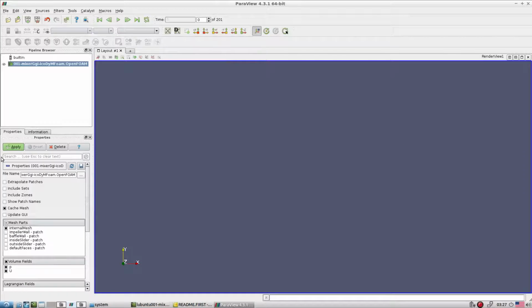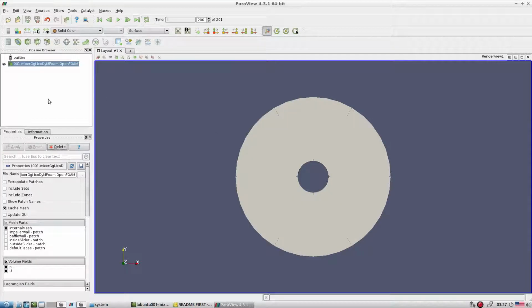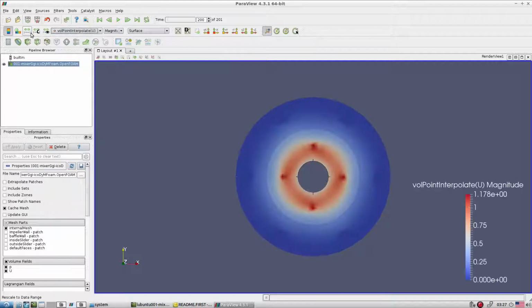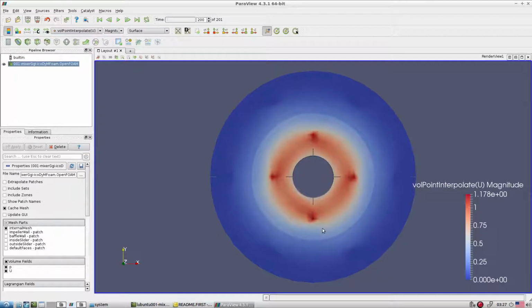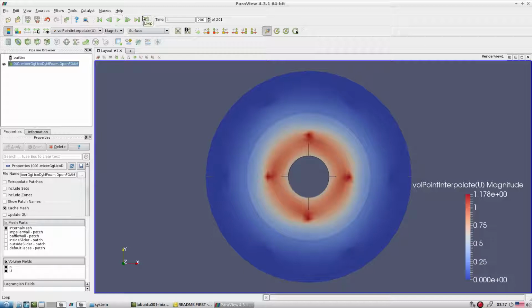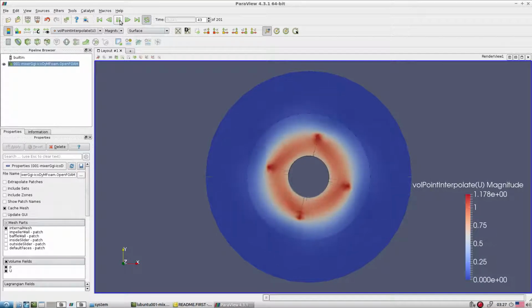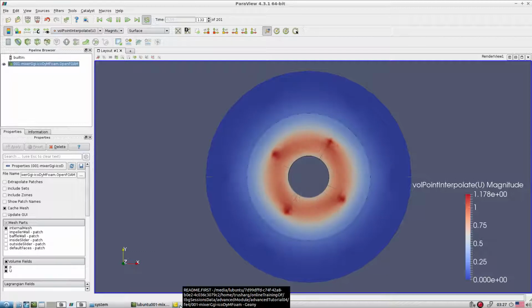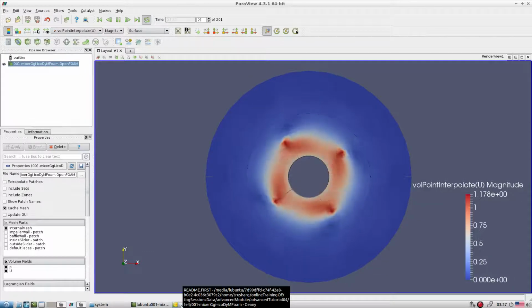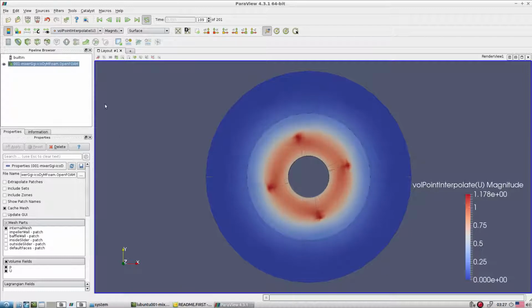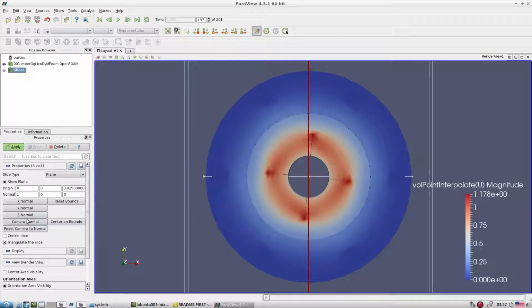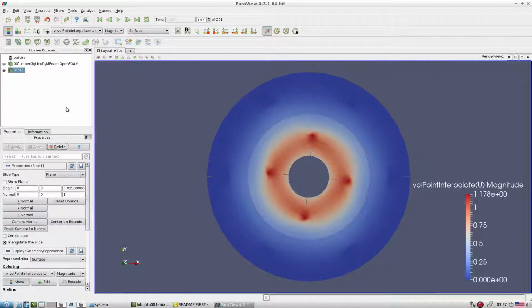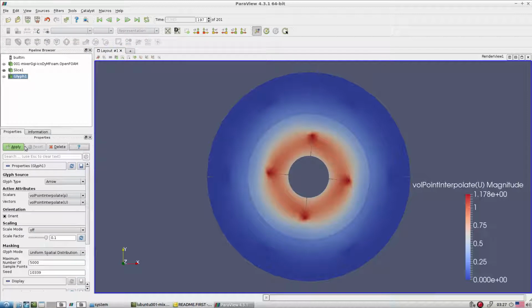Now look at a few things. This is the flow field after development and how it is rotating. Just check, it's rotating something like this way. It's rotating at 60 RPM, so 60 revolutions per minute the system is rotating. Now let's close this and try to look at a cut plane view, so we have an idea of how exactly and what is happening.